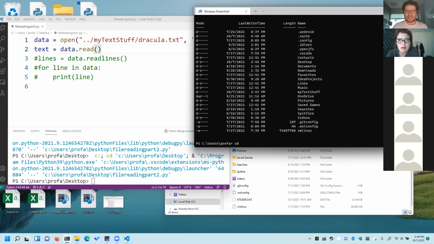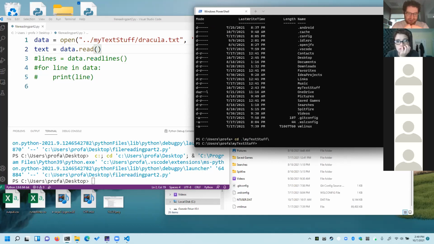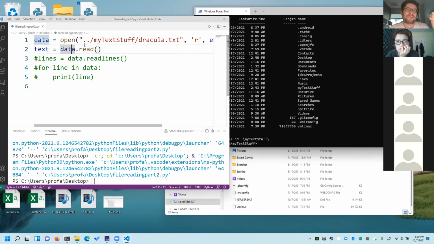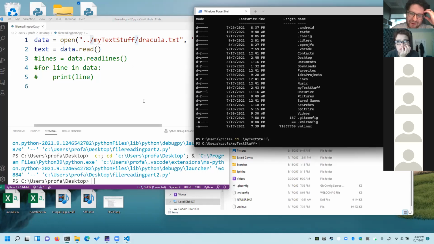backwards compatible. So if I go CD / my tech stuff over here, it automatically just changed it to the forward slash at once. I didn't have to use it over here, right? I'm on Windows, didn't have to use it. Windows will automatically convert it for you in your programming language. Always use the forward slash. And there's actually tools in the operating system package on Python to create the path correctly